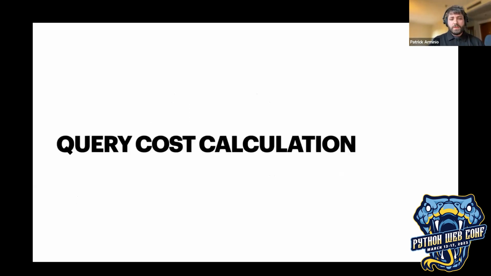And this works for most bad queries. There's also another option. For example, there is query cost calculation, which basically allows you to prevent queries that might fetch too much data. And the way this works is by adding weights to every field, and especially nested fields, multiplying the nested weights with the parent weights, and then getting the sum of all the weights. And basically, if this sum is above a threshold, you're going to discard the query.